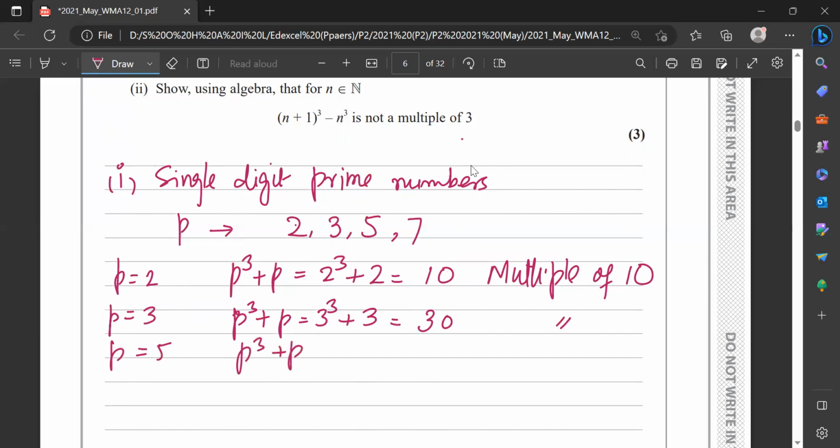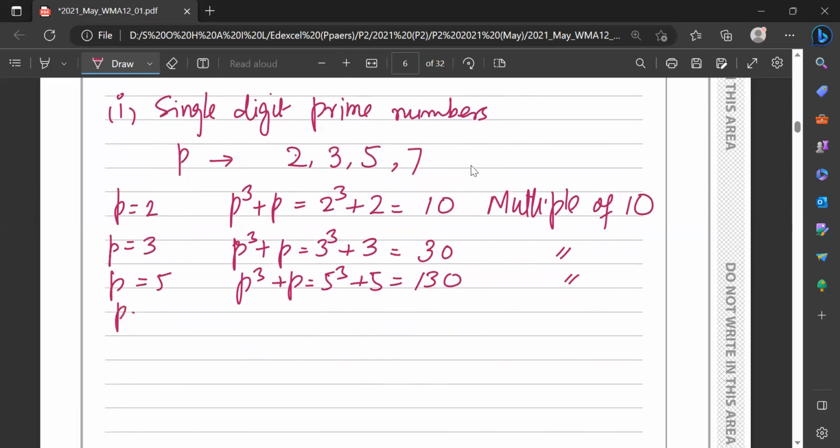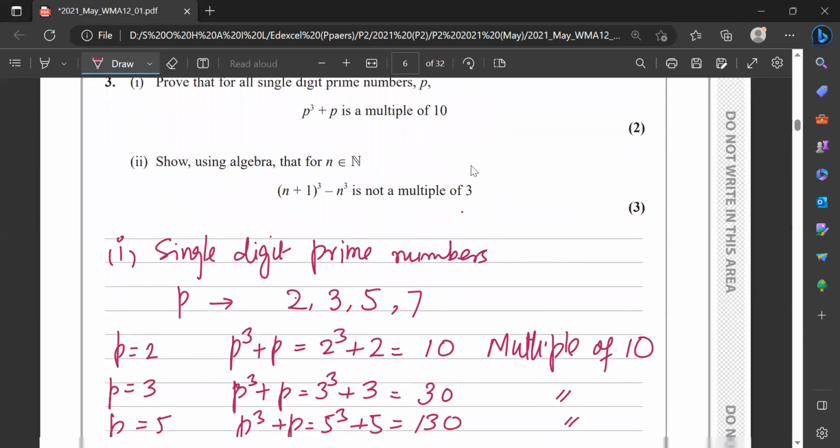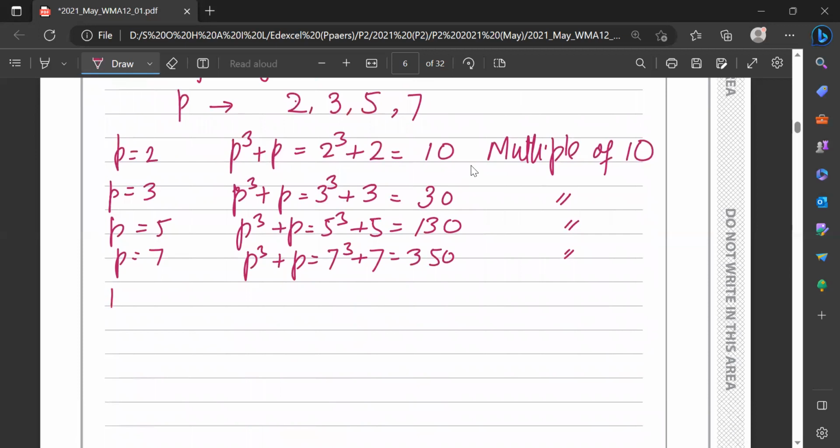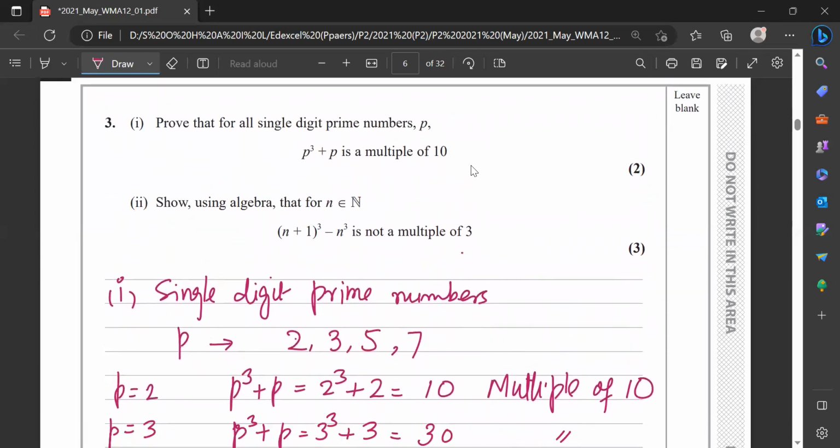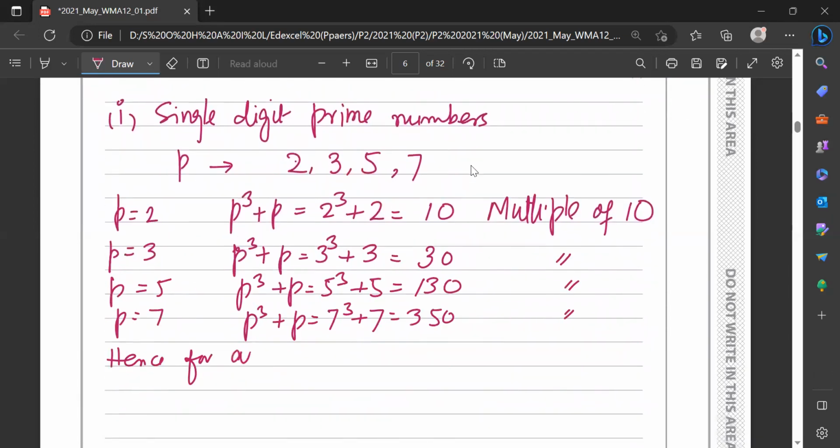For p equal to 5, p cube plus p is 5 cube plus 5, which equals 130. Again, a multiple of 10. And for p equal to 7, p cube plus p is 7 cube plus 7, which equals 350. Again, a multiple of 10. So the question was to show p cube plus p is a multiple of 10. Hence, for all single digit prime numbers,